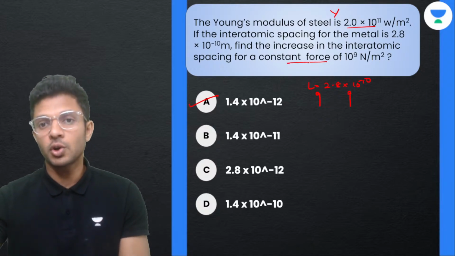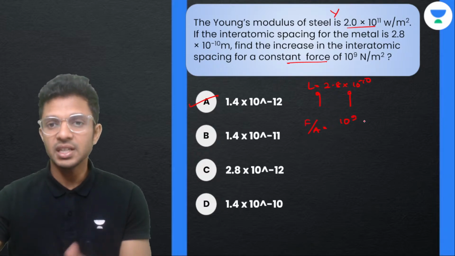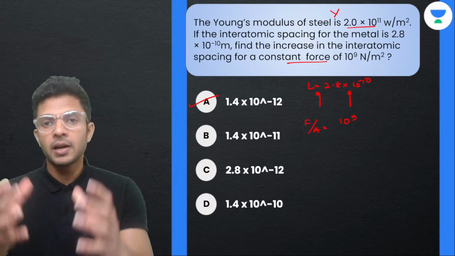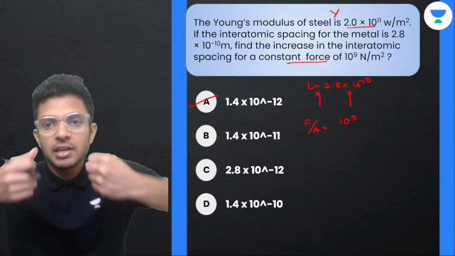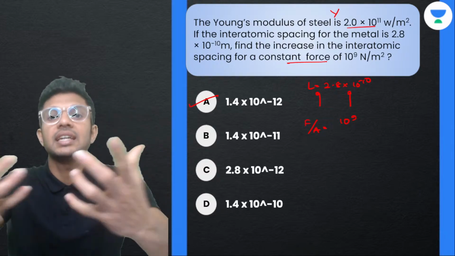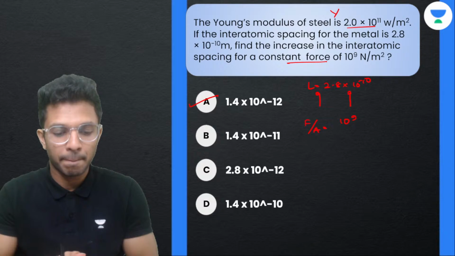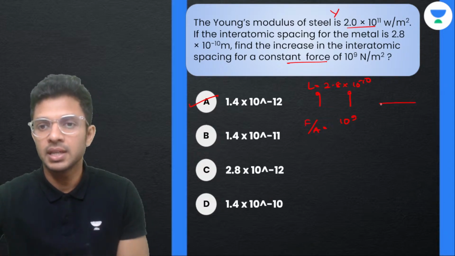Those who don't know what force constant is: force by area value is given as 10 power 9 Newton per meter square. मतलब on these two atoms which are at the specific length, if we give a force per area value of 10 power 9, what is the increase in its length? Okay, so obviously देख ले,